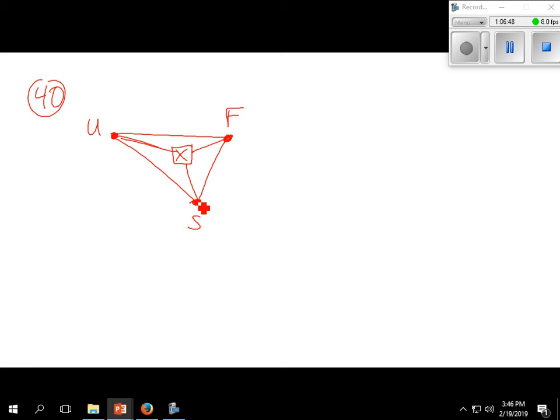So we had a theorem that said that there's some certain point that's the same distance from all the corners. And that point was the circumcenter. So what you're going to have to do is find the circumcenter, center of the triangle,